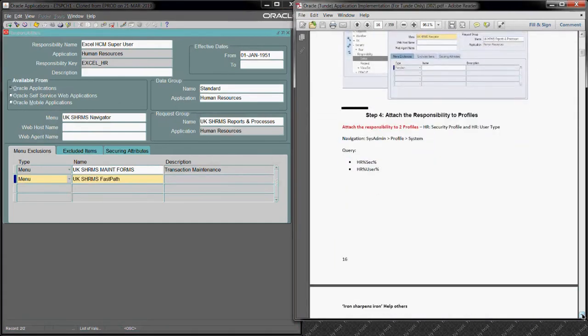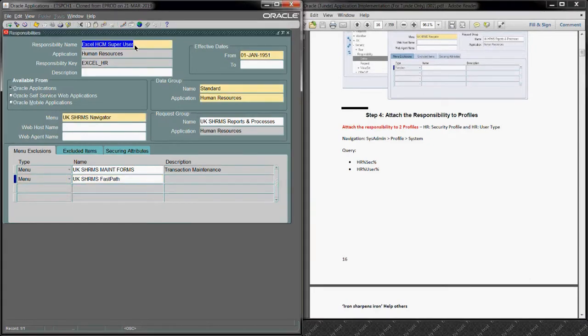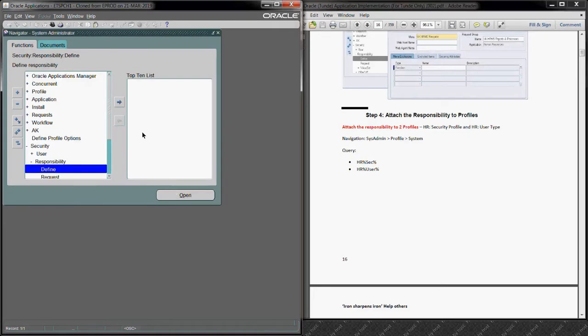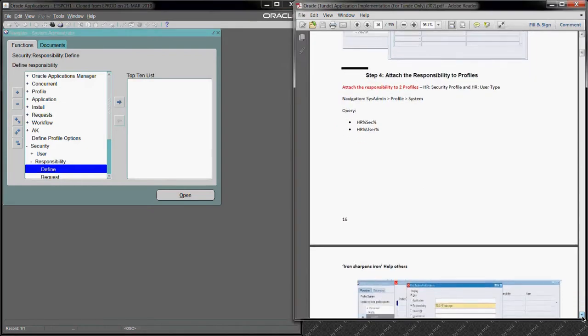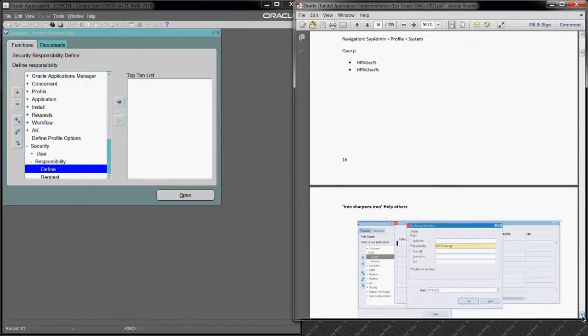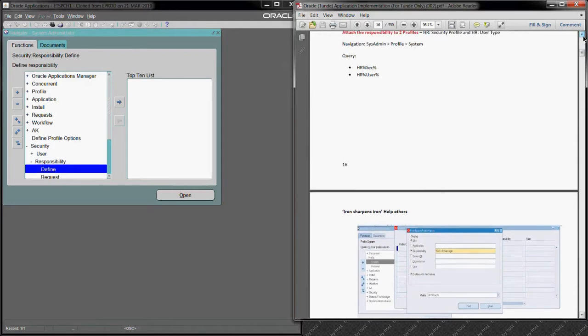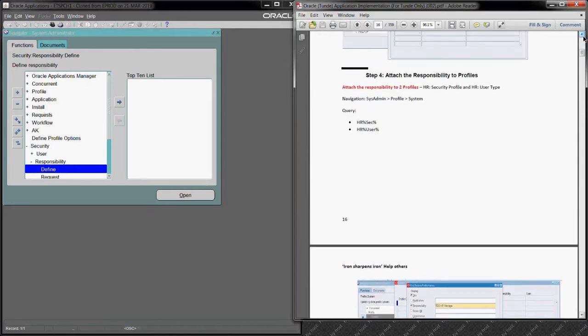So step 4 says add your responsibility to profile. So this is the responsibility that we have. I'm going to copy this. It's going to ask me to save. I'm going to say I'm not saving. So now it says add responsibility to profile. Okay. Now before I add the responsibility to profile,